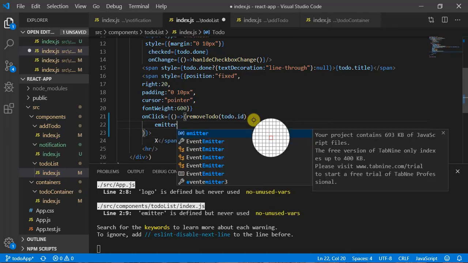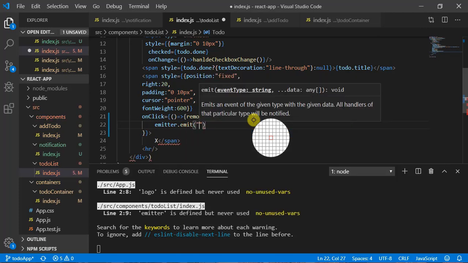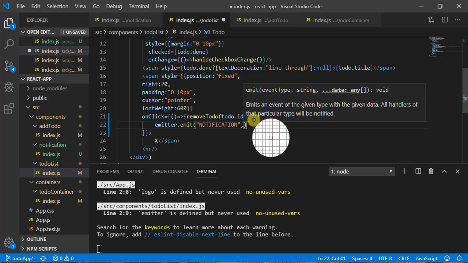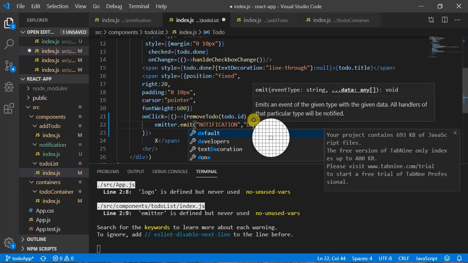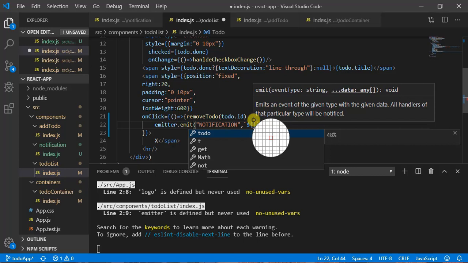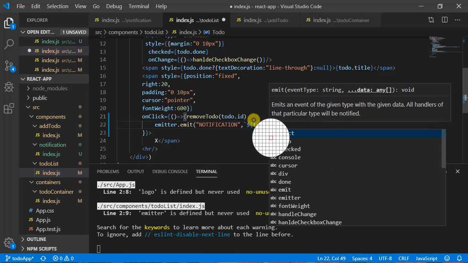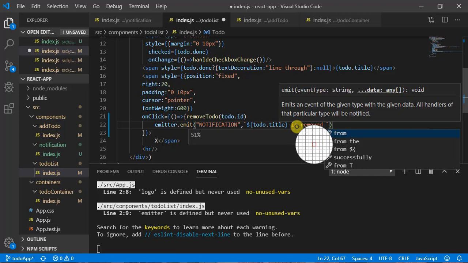So emitter.event, and the event name is going to be notification only, and here we can pass our message. So let's pass the to do name here. So let's call it as todo.title is removed. todo.title is removed successfully.